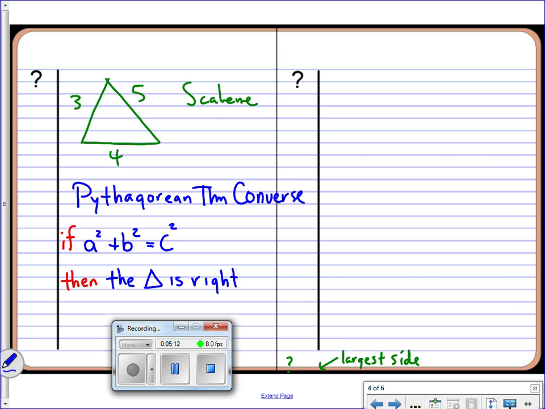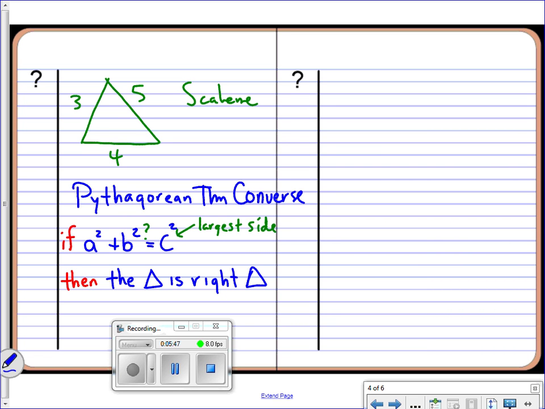If I have three sides of a triangle, they're just in a list, let's say, in this case 3, 4, 5, and I plug them into the Pythagorean Theorem, and the left side equals the right side, if a squared plus b squared does equal c squared, then the triangle is a right triangle. Okay? One thing to keep in mind is we're not sure if the left side will equal the right side, so I always like to put a question mark above it. Always remember that